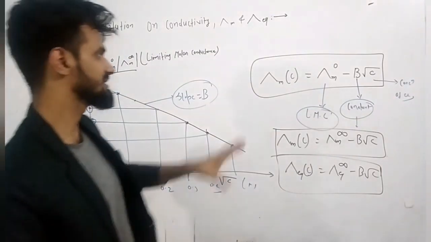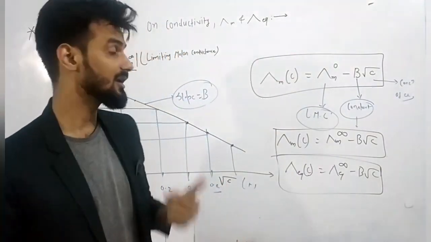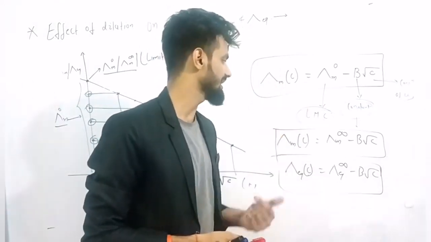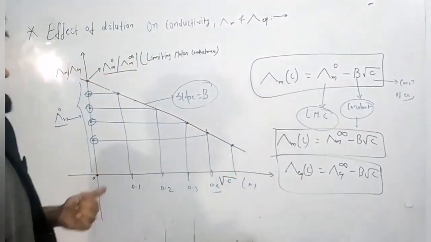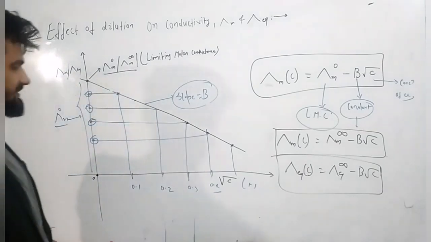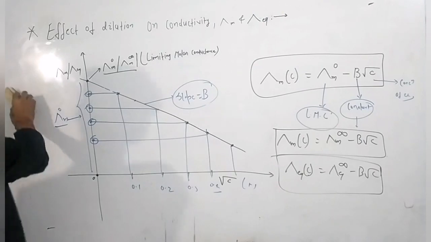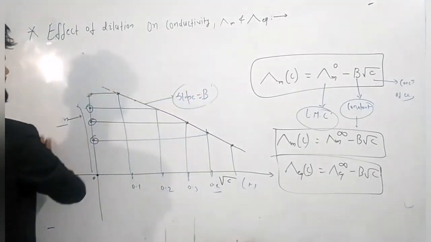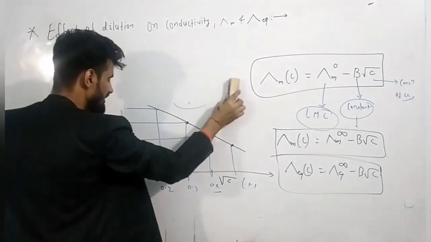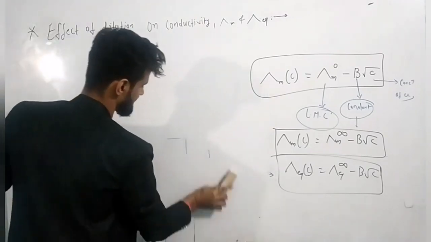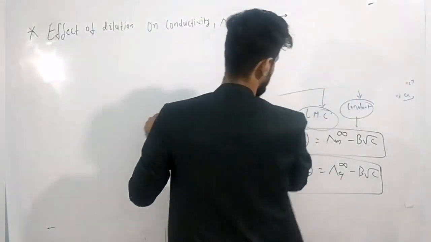What is the basic equation of the limiting molar conductance at a particular concentration of a strong electrolyte? Okay, and this was the relation. So the question can be asked in this one. Now, this was the strong electrolyte, and now I am going to show the weak electrolyte. In case of a strong electrolyte, it was highly dissociable, so the degree of dissociation for a strong electrolyte is 1.